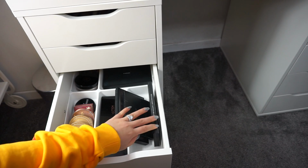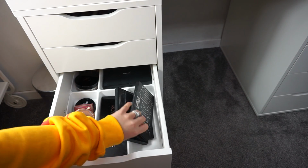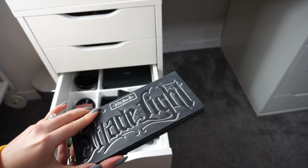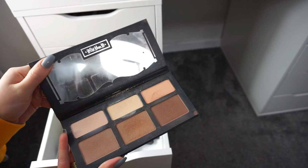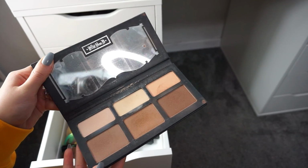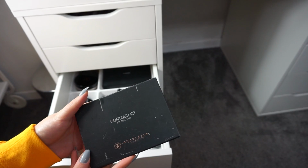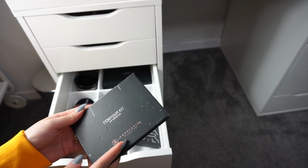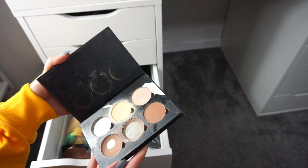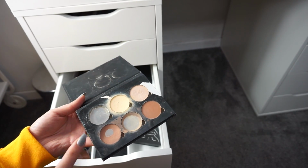Then we move on to this compartment, and in here I just keep my high-end contour palettes. So the first one is the Kat Von D Shade and Light palette. And I think you all know what this looks like, but it's really dirty because I use it so much. Then I have my Anastasia Beverly Hills contour kit, and this, guys, I don't even know if I want to show it to you guys. Like, look at this. That's so embarrassing,